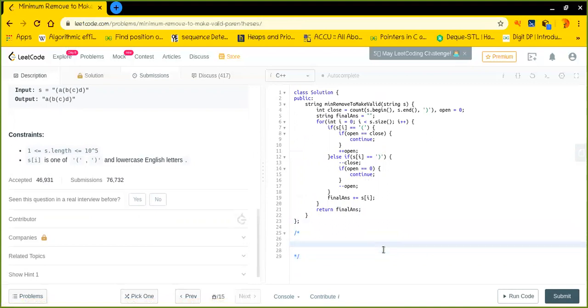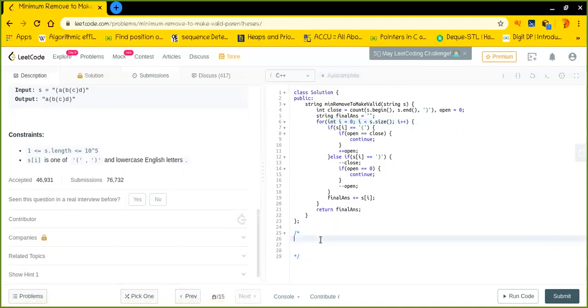Basically, we are traversing the entire string, and we are skipping that particular value whenever these two conditions are met. So we are touching each and every character by traversing the entire string.